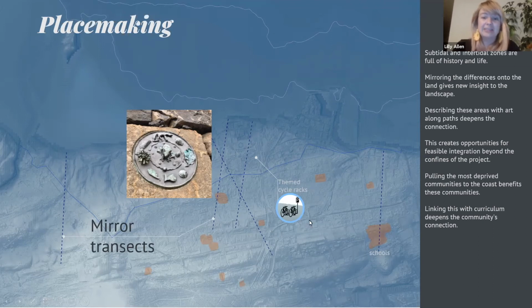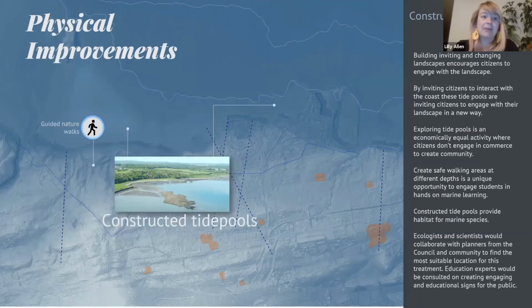And then doing some themed cycle racks, which Sacramento, where I was living before, had a whole bunch of, and it was really fun, honestly. It was very cheap in the order of things, and it made the place a lot more fun to be in, and everyone would go around and take pictures by the fun bicycles, and there's no reason you can't have a reef that's been turned into a bicycle rack, and that improves active transportation and encourages many other positive things.